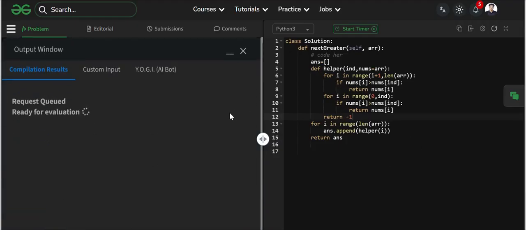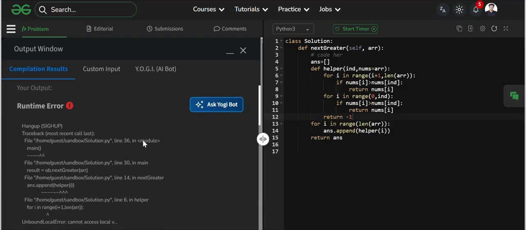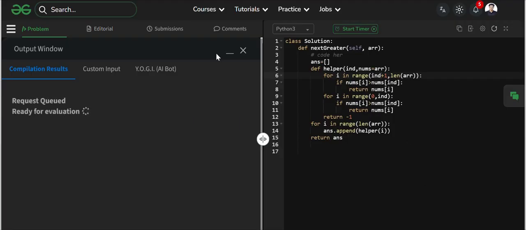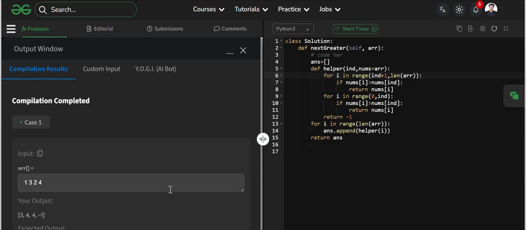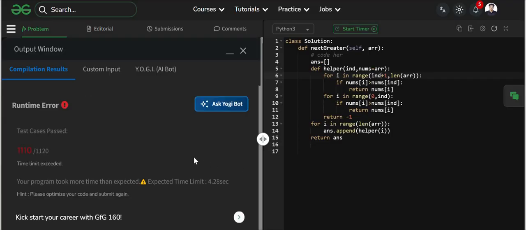So after running the sample test case, I am getting some error. For i in range, oh, sorry. Here we need to put index plus 1. So the sample test case is passing. After submitting, we will see it clearly because it's a brute force approach. So as expected,